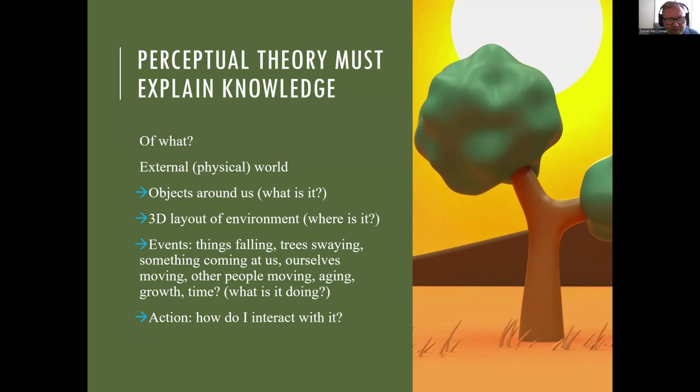In addition to objects, though, we can talk about events, right? So it's one thing to just look at an object and have a recognition that this object belongs to a class or a category of things, right? So I just recognize it in terms of its category membership. That's a cup, that's a chair, that's a dog, and so forth, right? But that kind of statement is thinking about objects more in an abstract sense. And I think what we want to do is to try to talk about things in less of an abstract sense by getting at something like